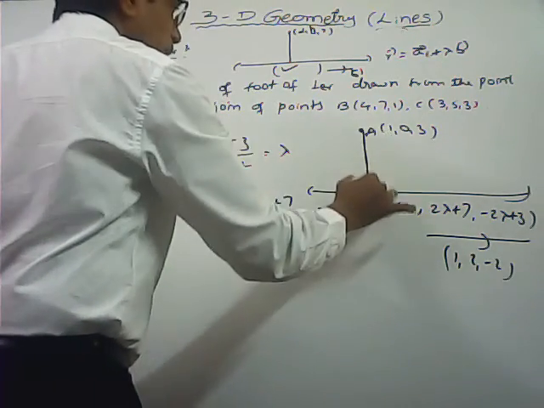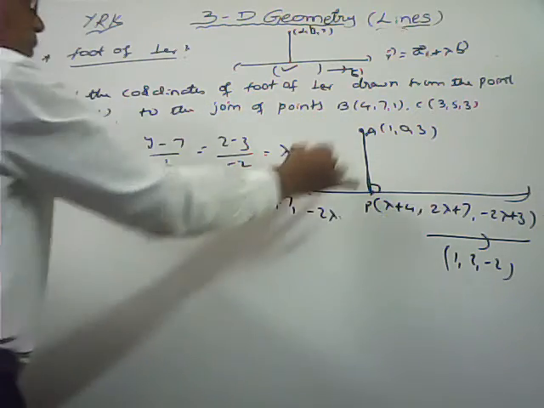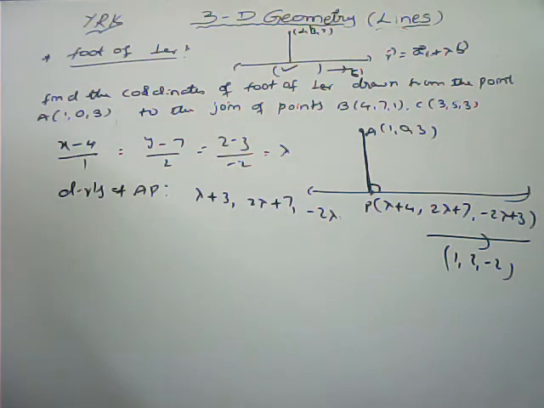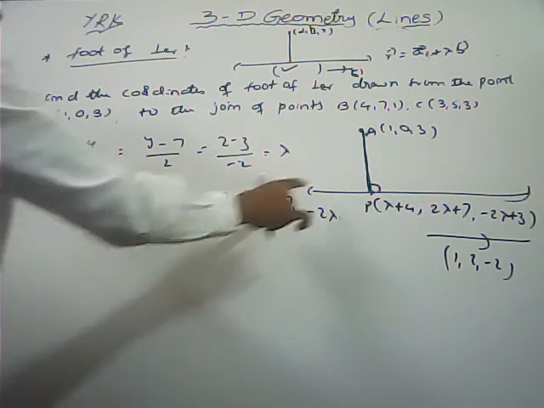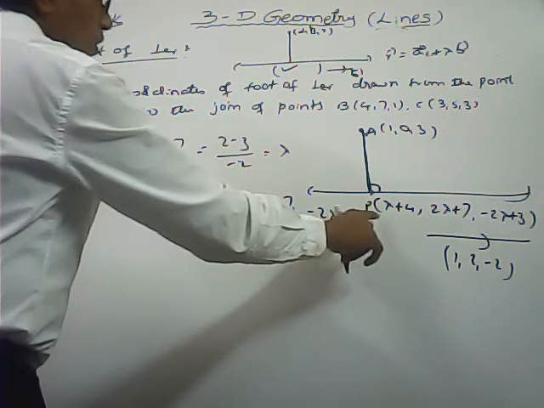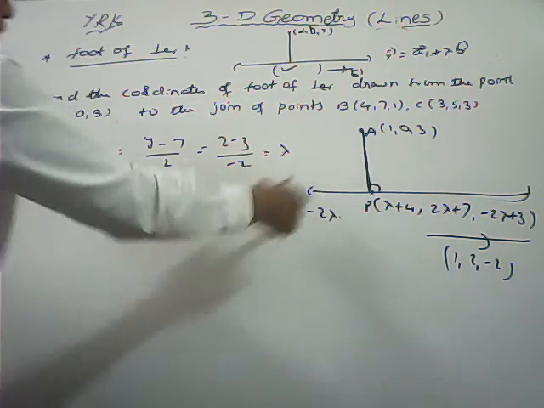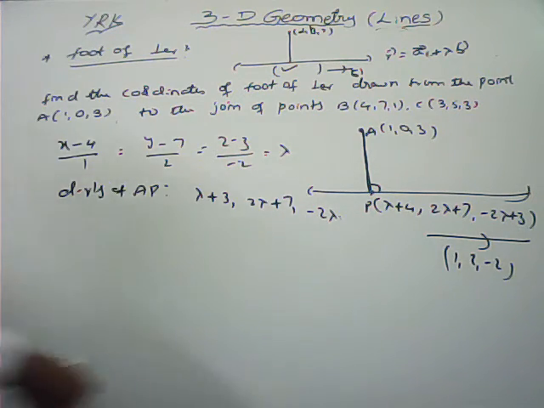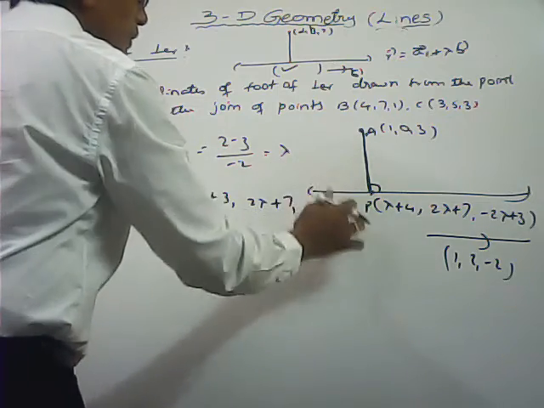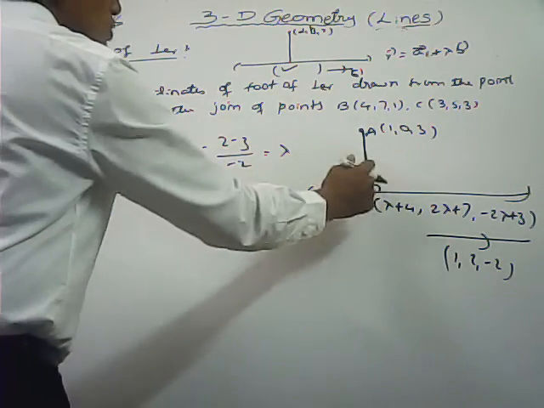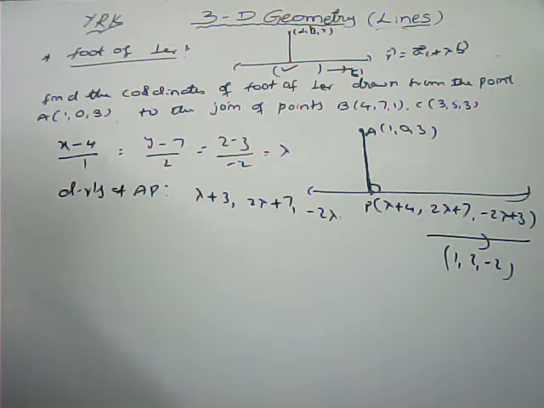Here, the foot of the perpendicular means from here you can drop a stone, wherever it meets the line, that one we say is the foot of the perpendicular of that point on this line. Here I have taken any point on that line, you can get the parametric equations. And here the DRs of AP and the DRs of this line are perpendicular, so the dot product of the DRs should be equal to 0 only.